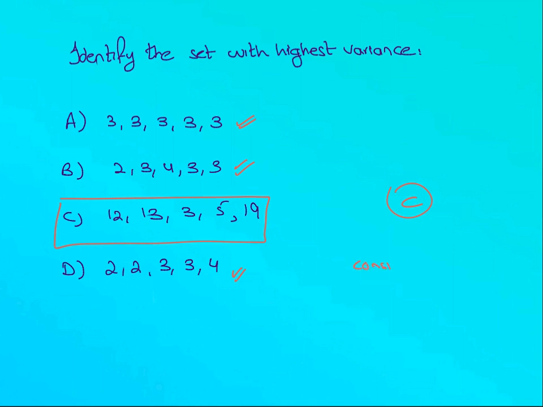Consistency basically is less when dispersion is greater. So I'll be using these interchangeably. So you just understand, consistency is greater, dispersion is less. Consistency is less, dispersion is greater. So this one has a higher dispersion and less consistency. This is the most consistent set in these options. So if I add one more part and I ask you for the least variance, in this case the answer would be A.